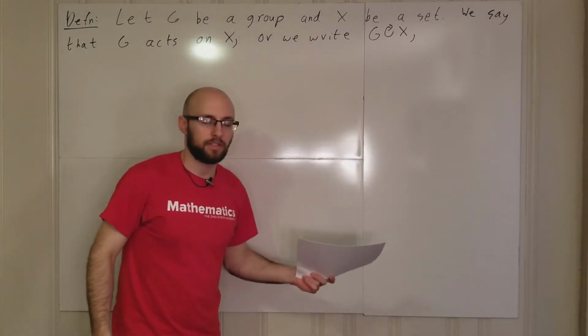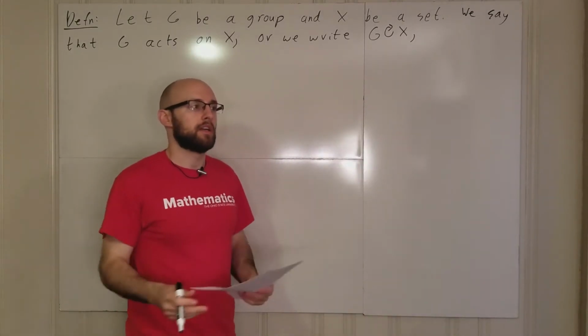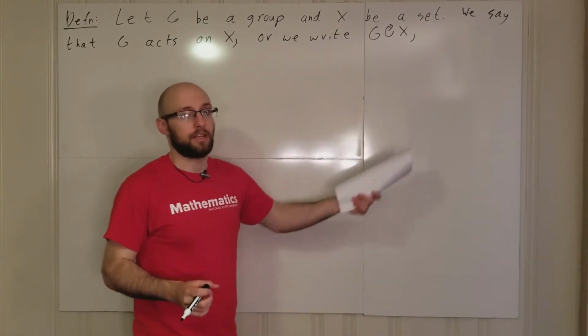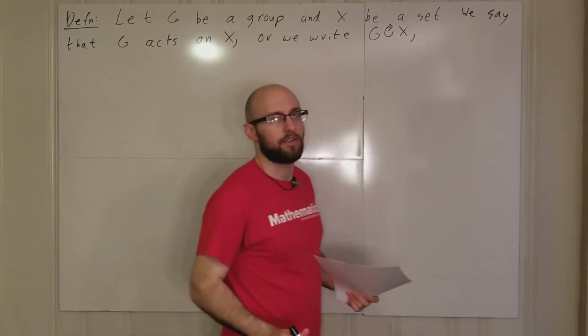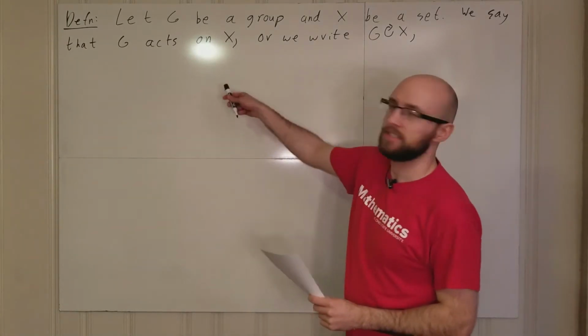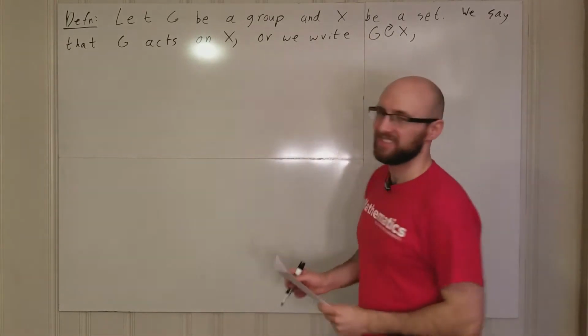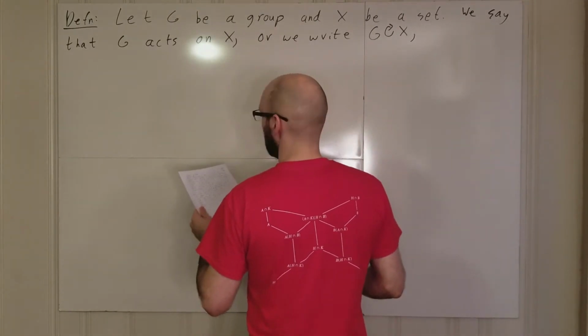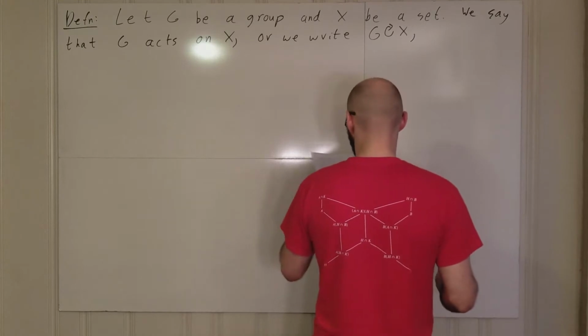My professor uses it. I don't know if it's really widespread, but I really like this. It condenses things. I don't have to write the words "acts on". That's just less stuff for me to do. But anyways, so G acts on X,